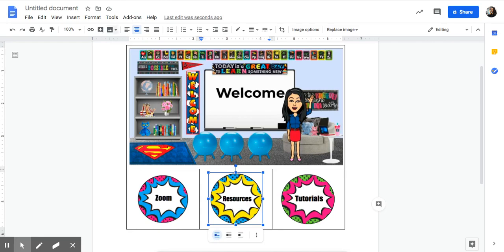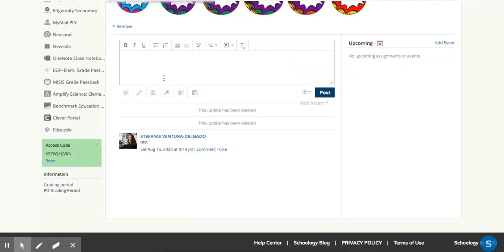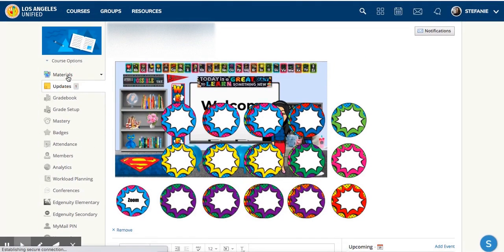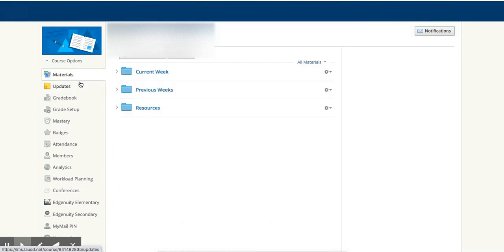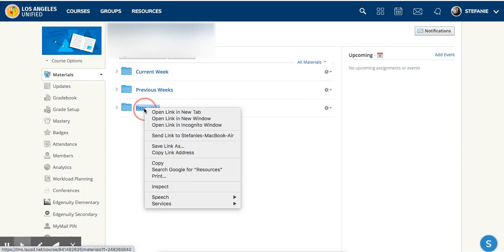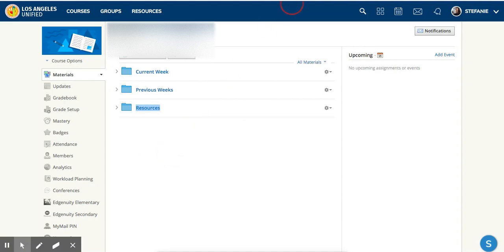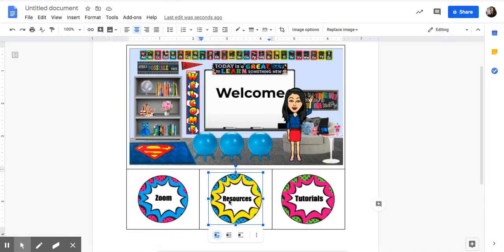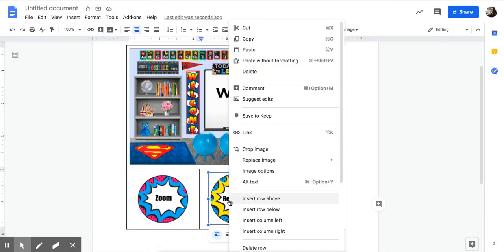For resources, I'm actually going to have a folder for my students named resources. So that's what I'm going to link it to. So let me get that link. I'm going to open the menu and I'm going to copy link address. Then I'm going to open the menu for that clip art, that picture right there, and I'm going to go